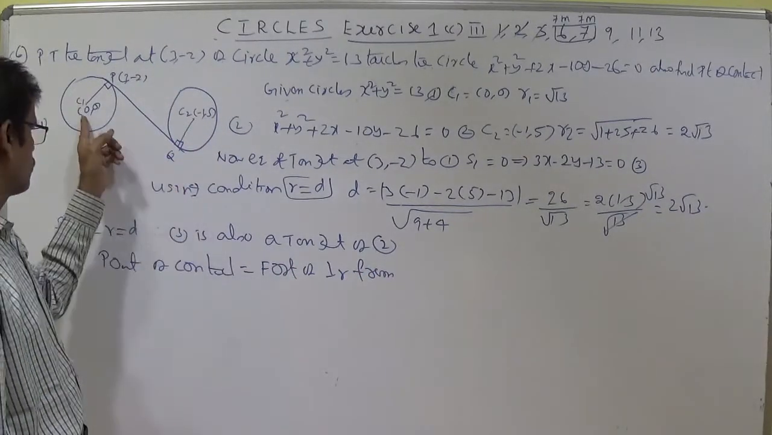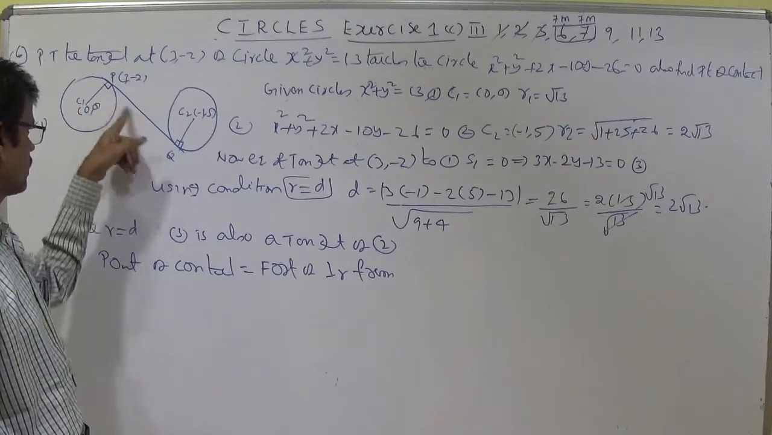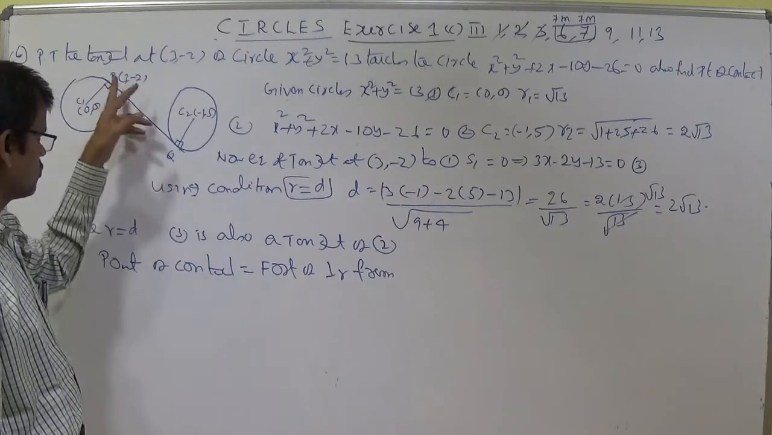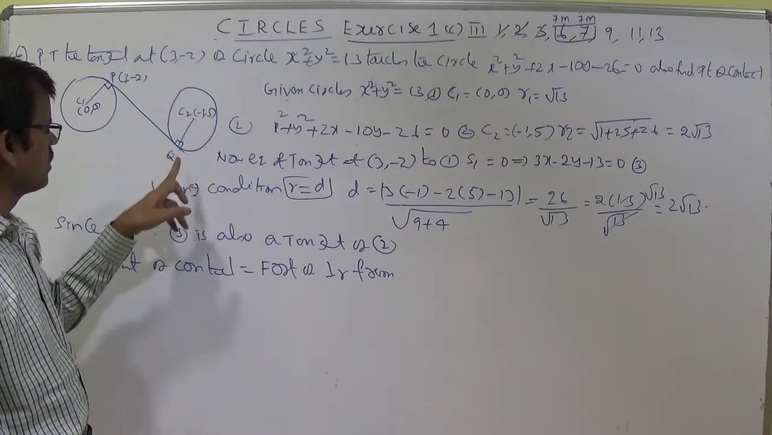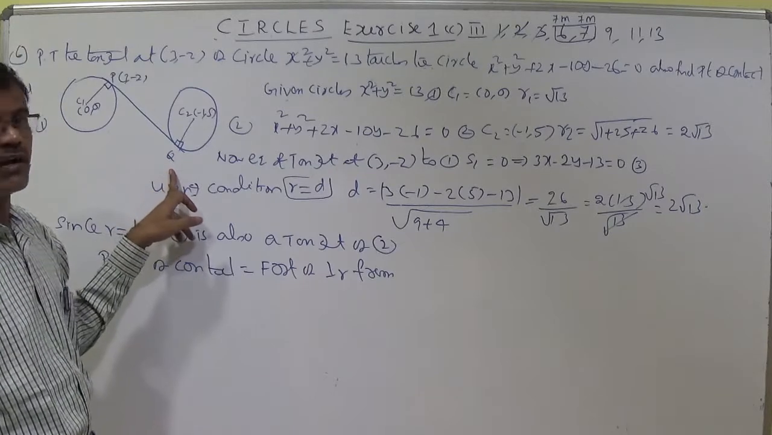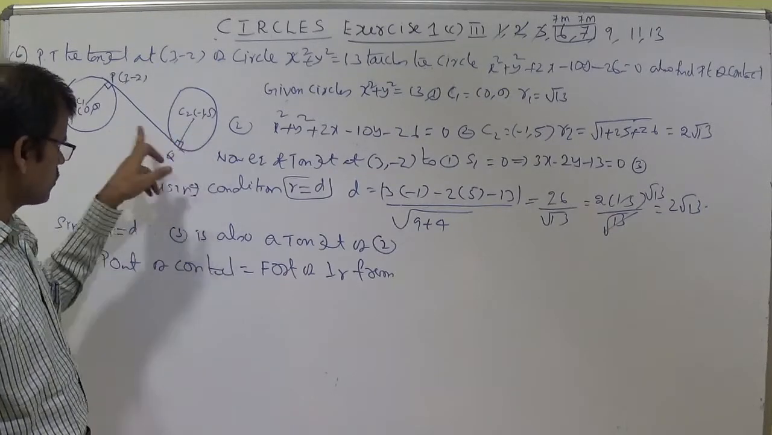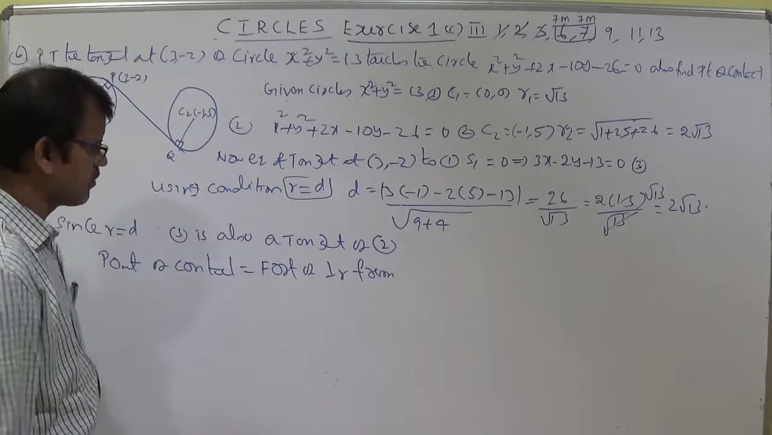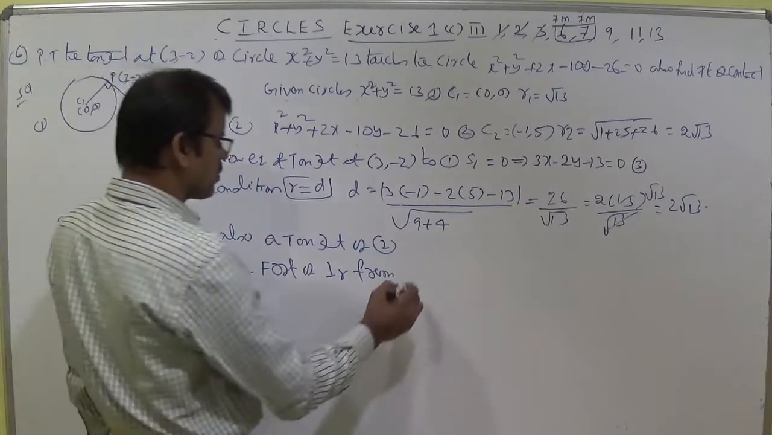Do not get confused; if you take this one, you will get 3 comma minus 2, so you should not do this. Using this center, you should calculate the foot of perpendicular from the center to this line, whatever the tangent is that is common for the two circles. Foot of perpendicular from